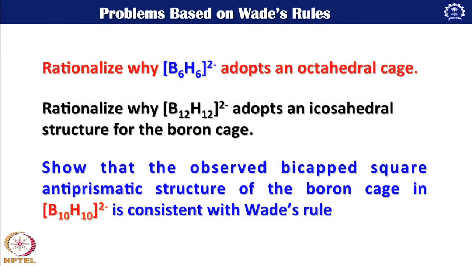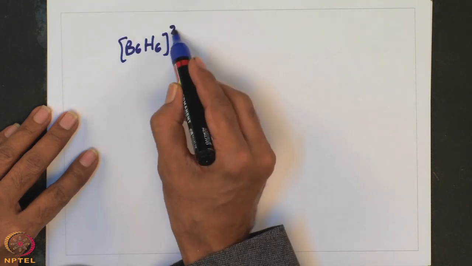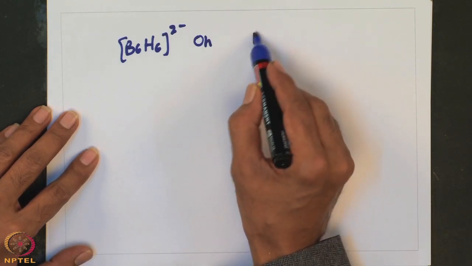Now, I have 3 more problems here. The first one, look into it. Rationalize why B6H6 2 minus adopts an octahedral cage. So, here we should prove that B6H6 2 minus has octahedral geometry, and similarly